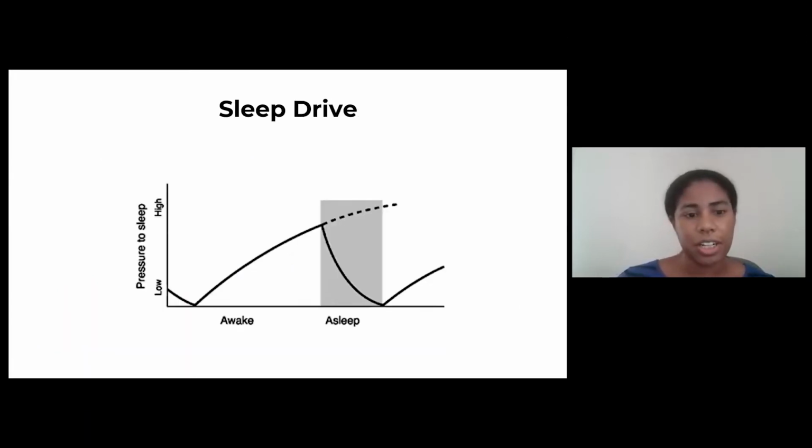Okay, so I do want to touch on 2 sleep processes. So we'll start with one of them. This image is really just referring to our sleep drive, our homeostatic sleep drive. All that this image is showing you is that the longer you've been awake, the greater the drive to sleep, the greater the pressure that builds to sleep. And this relates with a neurotransmitter in the brain called adenosine, which does accumulate across the day. And so when we do go to sleep, this pressure is relieved, and then it starts all over again the next day.